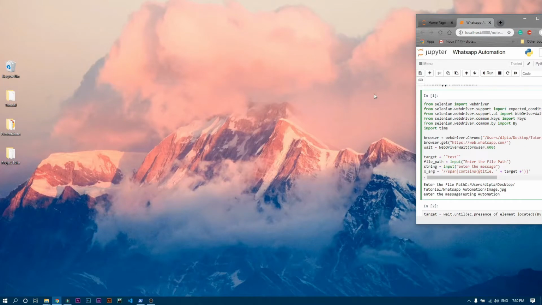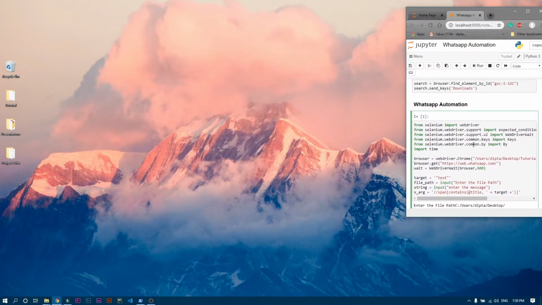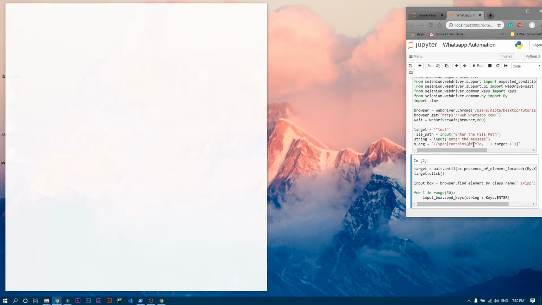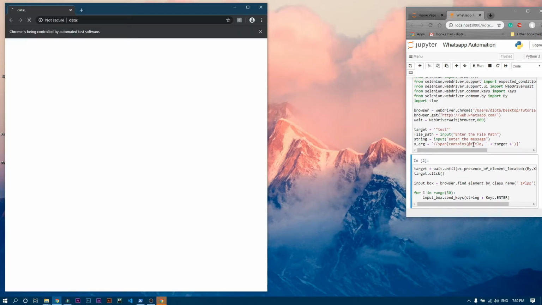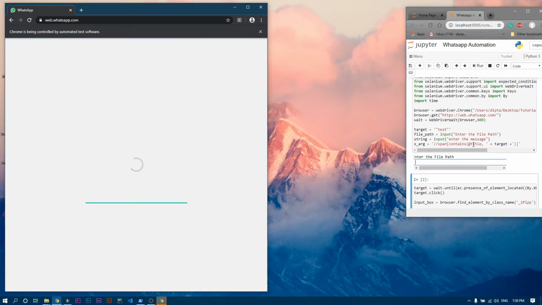So guys, in this course we will learn how to automate WhatsApp. You can see over here, we cannot see the proper coding because we will learn that in our videos. So if you run the first cell, it will open a Chrome browser, and then it will ask you to scan the QR code for login. And then obviously you will scan the QR code, and after scanning the QR code, it will ask the photos which you want to pass.